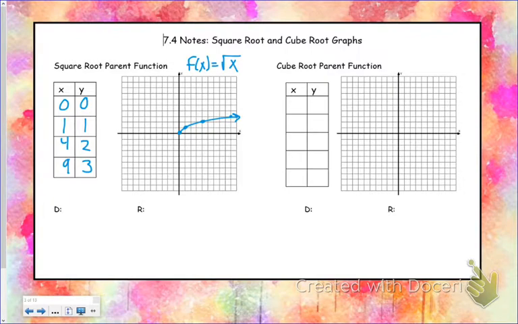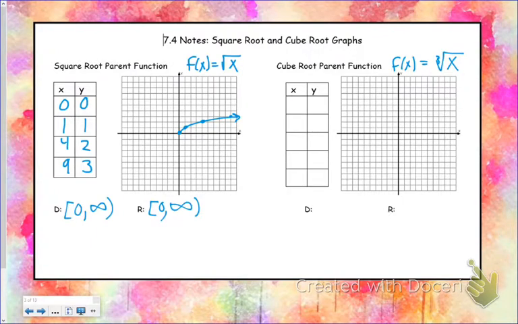Now, the domain on this graph also is going to look a little bit different, because the farthest to the left we can go is 0, because again, we cannot take the square root of a negative number. Now, as we do some transformations, the domain and range will change, but the domain will be restricted on these graphs. The cube root parent function is going to look somewhat similar, but the biggest difference is that with a